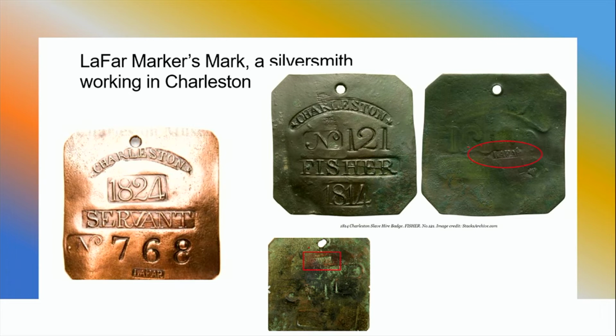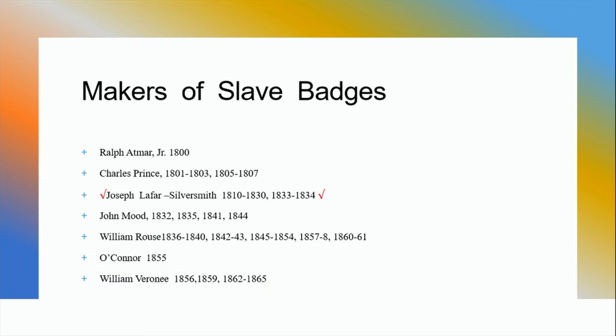In the monograph that was done by Harlan Green and the two brothers Hutchinson, they were able to find out who had made the badges throughout, except for, I think there's only 2 years where they weren't able to find a record of who made them. But Lafar, he actually made badges the longest, from 1810 to 1830, so 20 years, and then one more year, so 21 years he made these badges, and based on